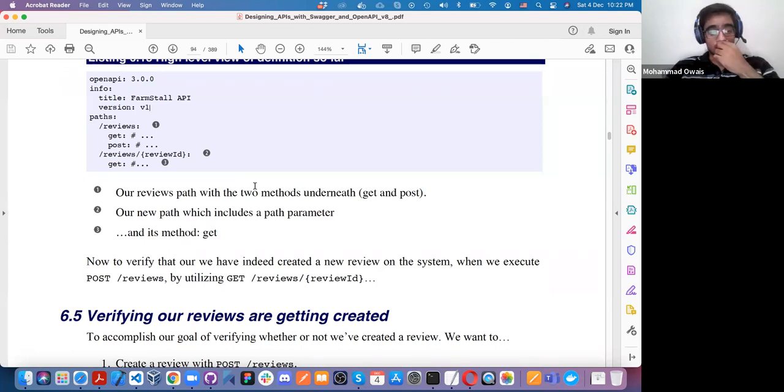We also studied how to insert data using the POST method under the request body, and what structure and procedure we should follow. So up till now we have learned how to design our OpenAPI definition, how to test that definition, and how to design our responses under that definition. Exactly.